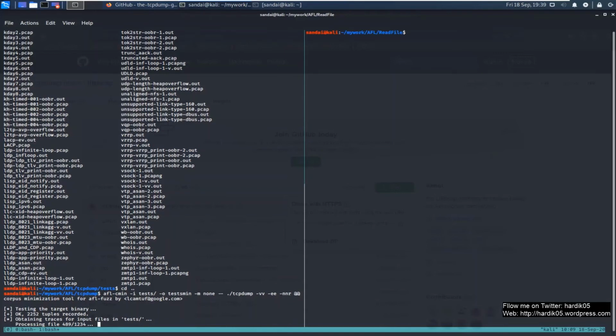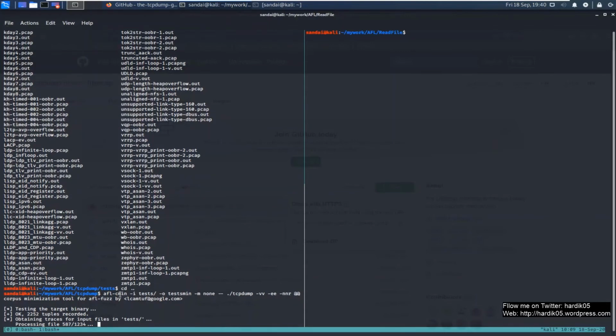Then another step you can take is to use afl-tmin. Right now I am using afl-cmin, which is for minimizing the corpus. Basically, if there are 10 files, and all of them are triggering the same code path, the same tuples in the case of AFL, then afl-cmin will reduce it to only one file.